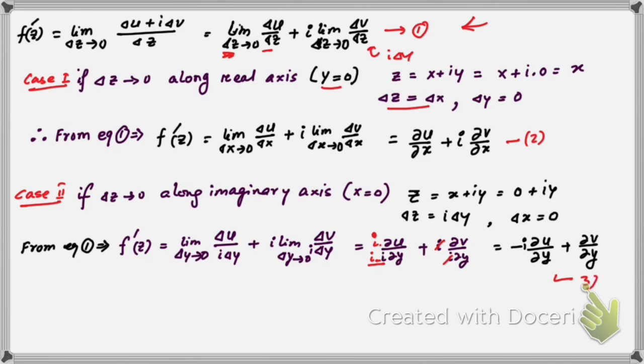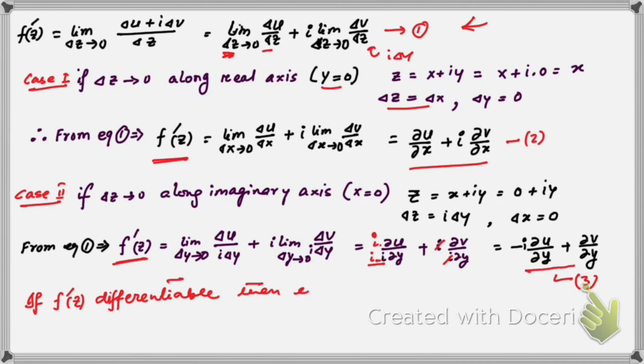This is equation number 3. Now you see, in 1 and 3 both are f dash of z, right? And if this function is differentiable, then we can equate equation number 2 and 3. So here, if you compare the real and imaginary parts on the right hand side, so equating 2 and 3, what we're gonna have? This is the real part here, and the real part here is this,